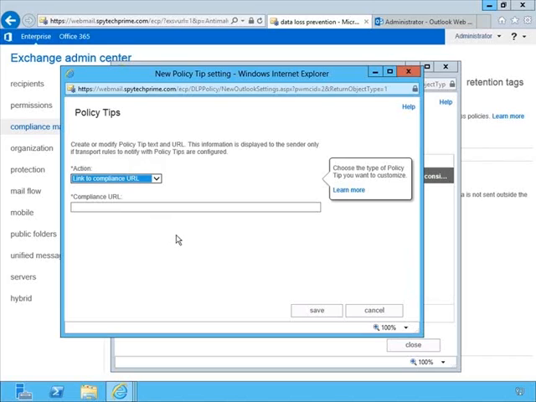So there's a lot of flexibility here, just like with transport rules, in terms of how you set up your various DLP policies. That's because DLP policies are really based upon what we have with transport rules. As we said, they're like special transport rules. So we have all of the flexibility of transport rules, but we have the templates in place that are much better than what we had in times past, because now we have the ability to lock down these different